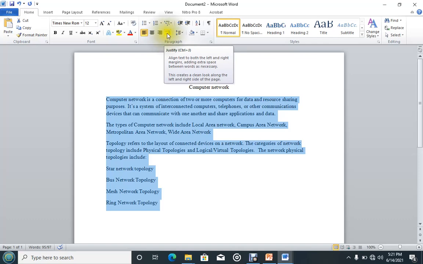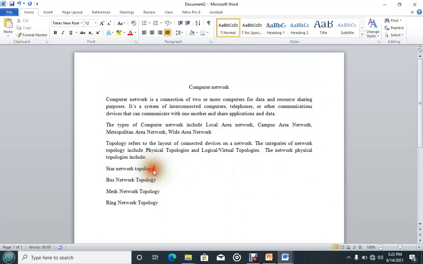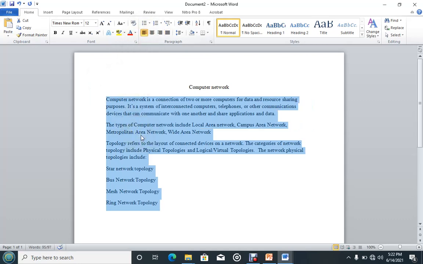So when I click on it, you can see what has happened. It adds some extra spaces, and it makes this one also be a little bit organized. This last line cannot be stretched to reach here because the text is short there. So I can take it back. So that's the alignment: centering, left, right, and justification.